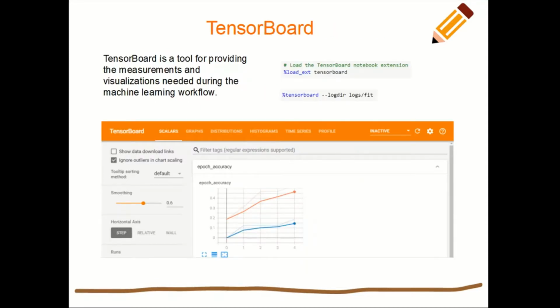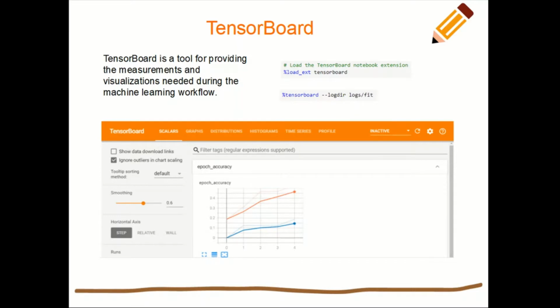So what is TensorBoard? TensorBoard is a tool for providing the measurements and visualizations needed during the machine learning workflow. So in the machine learning workflow, we are talking about collecting the data, processing that data, training the model, evaluating the model, and then once again tweaking our model, right?